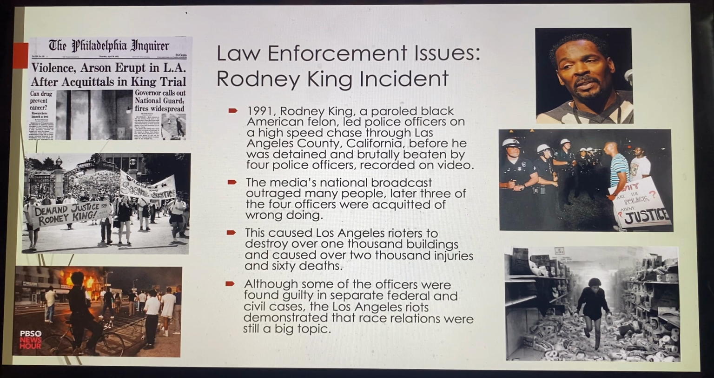So this caused the Los Angeles riots, which destroyed over 1,000 buildings and caused over 2,000 injuries and 60 deaths. Although some of the officers were found guilty in separate federal and civil cases, the Los Angeles riots demonstrated that race relations were still a big topic. So we have this terribly unfortunate, terrible event on tape